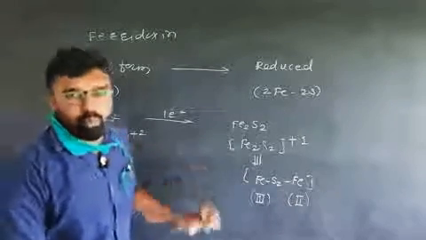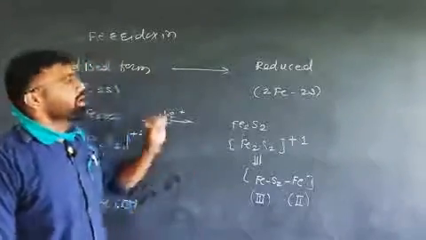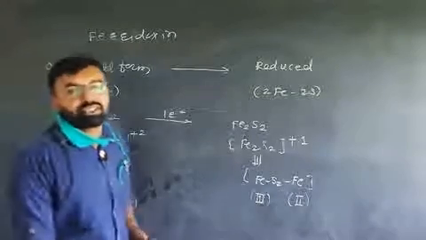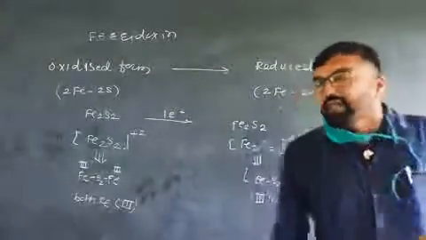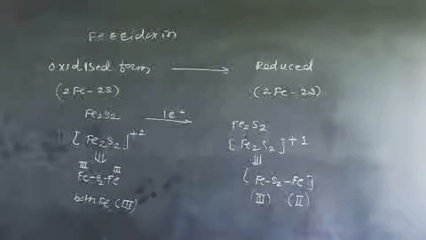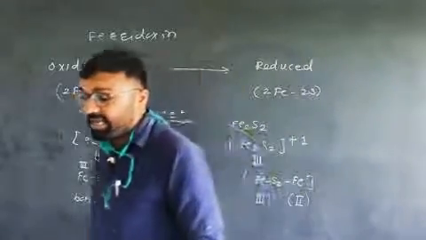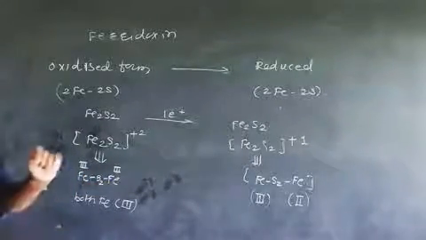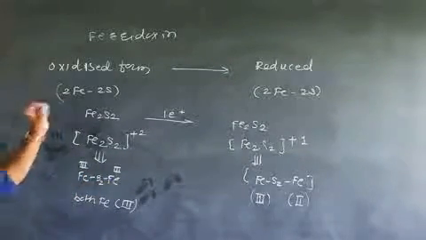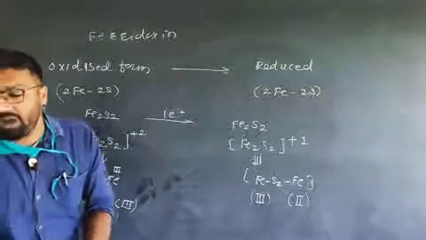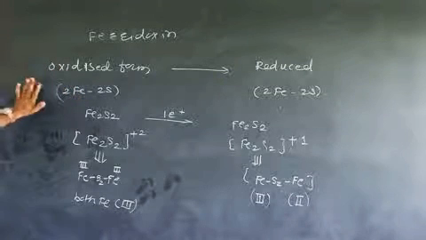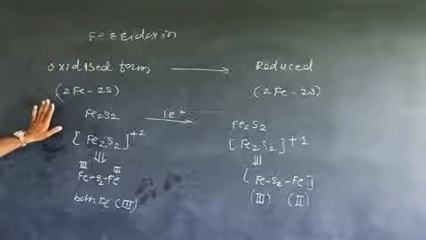This is the important point. You should remember that in the reduced form of ferredoxin, particularly Fe2S2 ferredoxin, in the structure of the complex, one Fe is in the +3 oxidation state and the second Fe is in the +2 oxidation state because of the gain of one electron during the electron transfer process or redox reaction, right? This is about the Fe2S2 protein. Okay, you got my point?